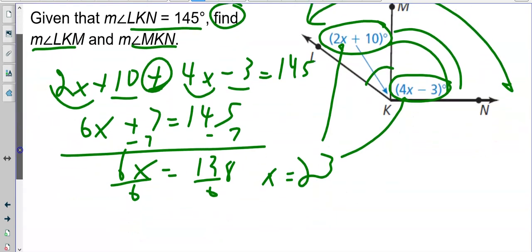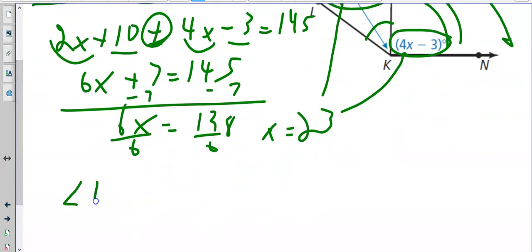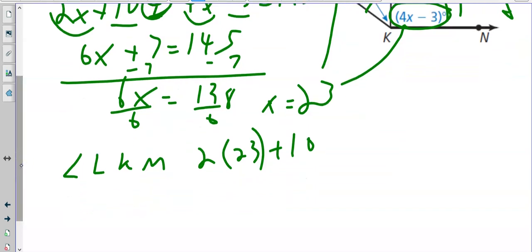So I need to plug 23 in right here and right here. All right? So LKM, angle LKM is 2x plus 10. So 2 times x, which we found out to be 23, plus 10. So that's 2 times 23 is 46 plus 10. So LKM is 56 degrees. Now I have two choices here. I can say that